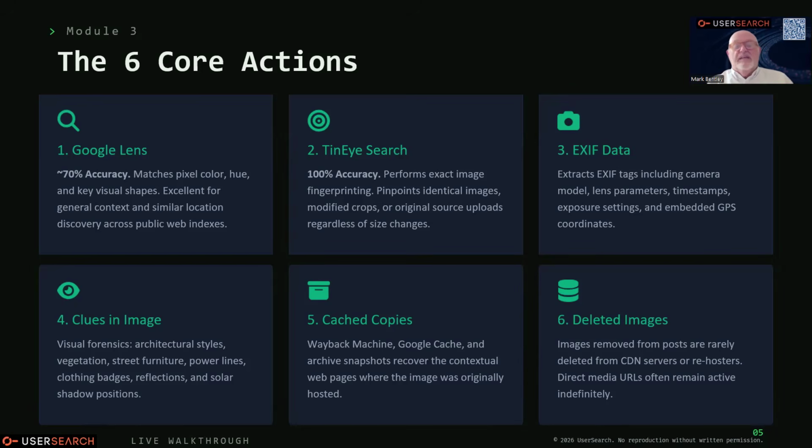So there are alternatives. TinEye searches, 100%. You put a picture into TinEye and you get the pictures back which are exactly the same. Now, there's a little anomaly with pictures: if I take a picture in JPEG or bitmap or whatever it is, and I crop it to a thumbnail or down to just the face and save it in the same format, there is a chance that if you extract the data from that picture, you'll get the original big picture.